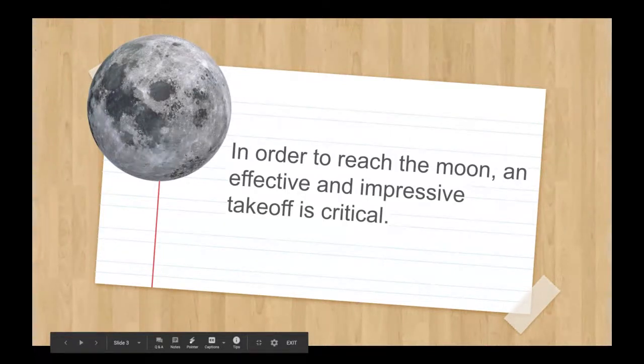The lesson hook is an introduction, an opening to a lesson, and you want to grab the student's attention. Whether you use video, storytelling, or a controversial topic, you want to right away grab the student's attention so that